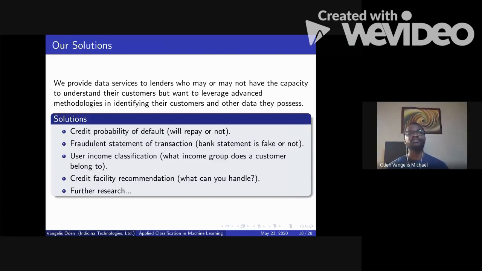So a new customer comes to apply for a loan, and we tell the machine learning algorithm, hey, from what you've learned, can this customer repay this loan? And the machine says, oh yes, he can repay. And we're like, okay, fine, come. Let's discuss. And we then discuss certain things about the loan and all of that. And the customer is happy, he takes his loan and he goes home, and we're happy too, because we can